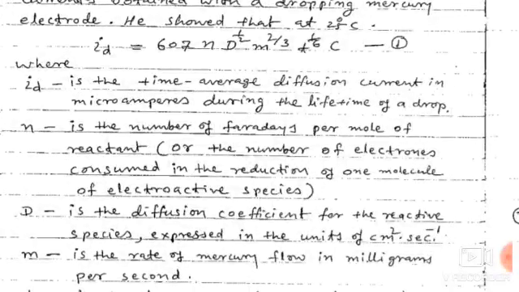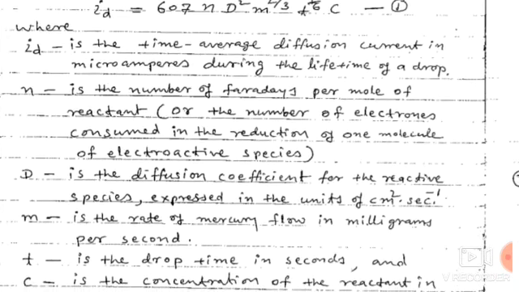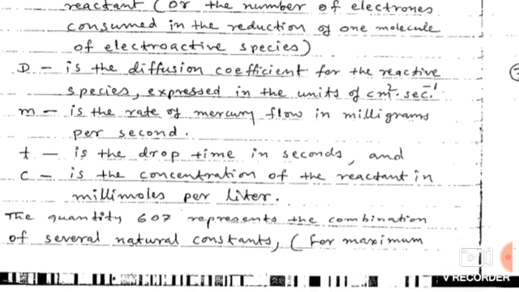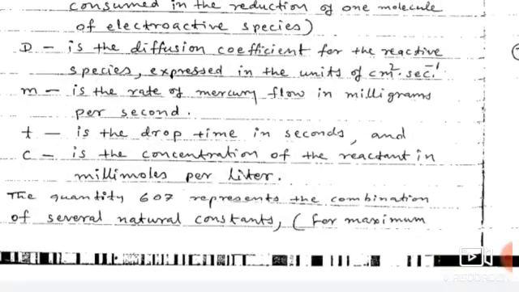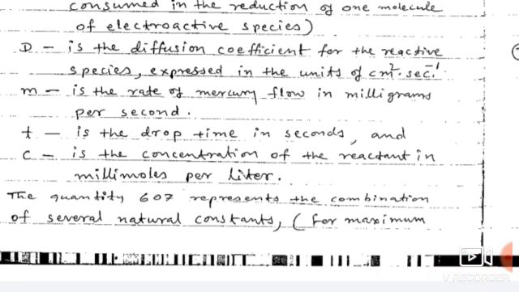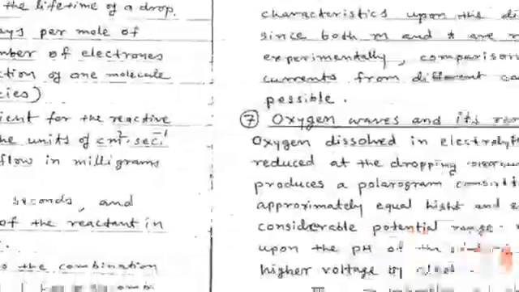n is the number of Faradays per mole of the reactant, or the number of electrons consumed in the reduction of a molecule of electroactive species. D is the diffusion coefficient for the reactive species, expressed in units of centimeters square per second. m is the rate of mercury flow in milligrams per second. Small t is the drop time in seconds, and C is the concentration of the reactant in millimoles per liter. The quantity 607 represents the combination of several natural constants for